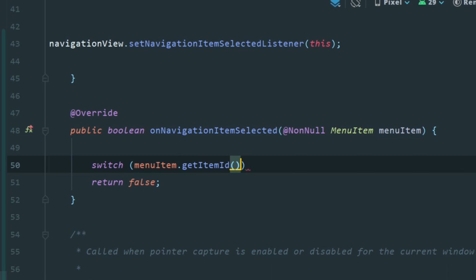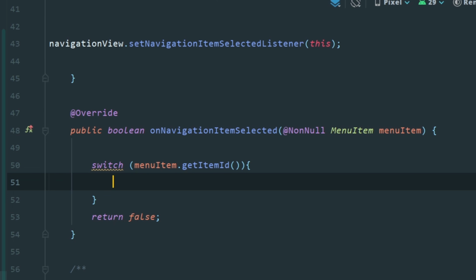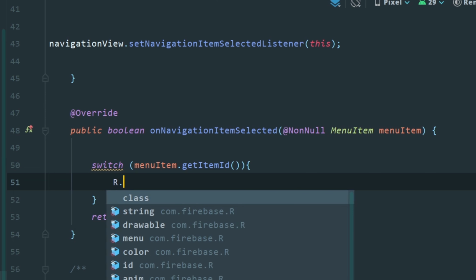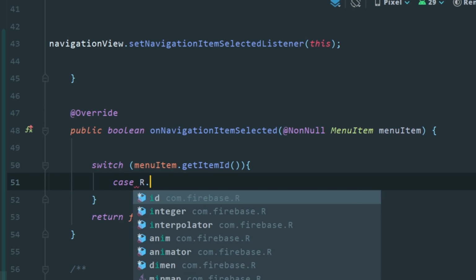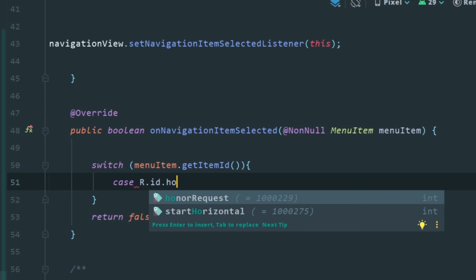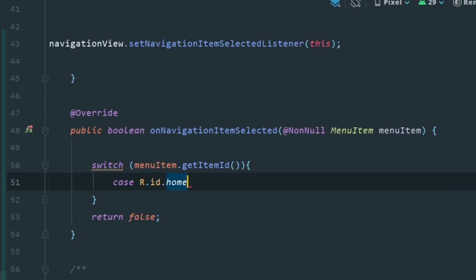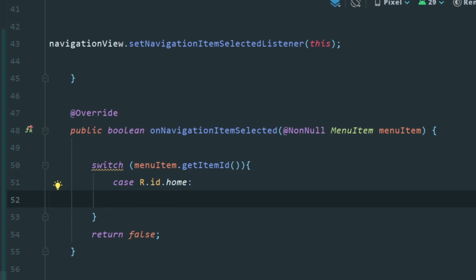Now suppose the user clicked on home, we will get the ID of the home. Now we need to write the case, it is case R.id.home. So home is the ID for the first option in our navigation drawer.